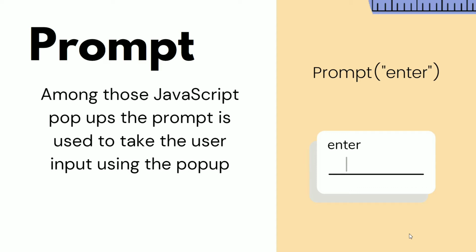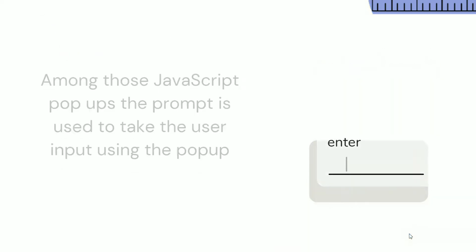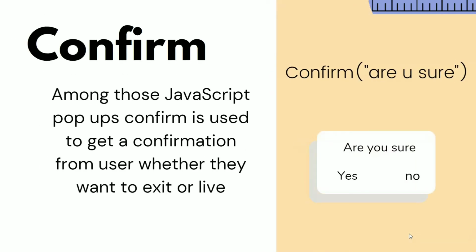And coming to confirm, whenever the user wants to exit from the website or web application which you have created, it will show this confirm. If I use confirm, are you sure? I am using an example. It will pop up like that and show you are you sure, with yes and no. And we write a set of blocks: if confirm equals true, then exit; if confirm equals false, then leave. Just like this we write. I will discuss all these things in VS Code.